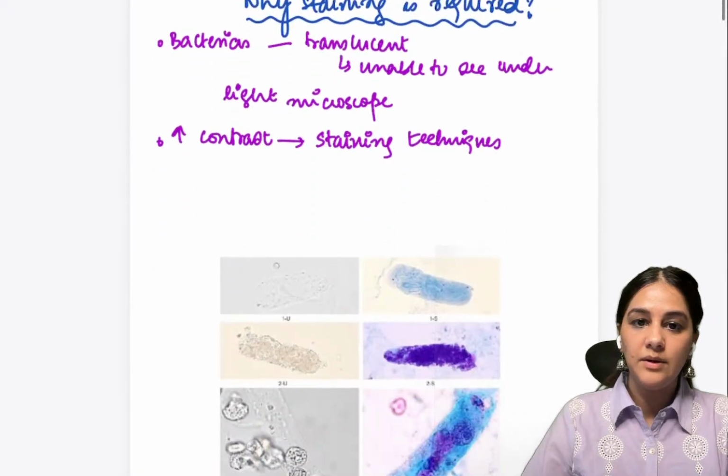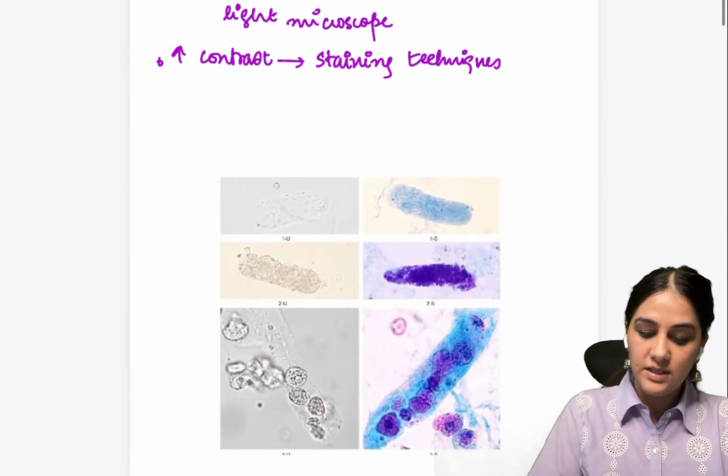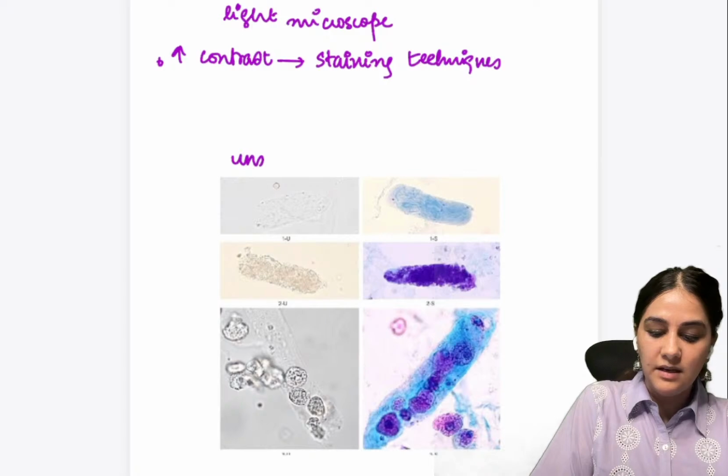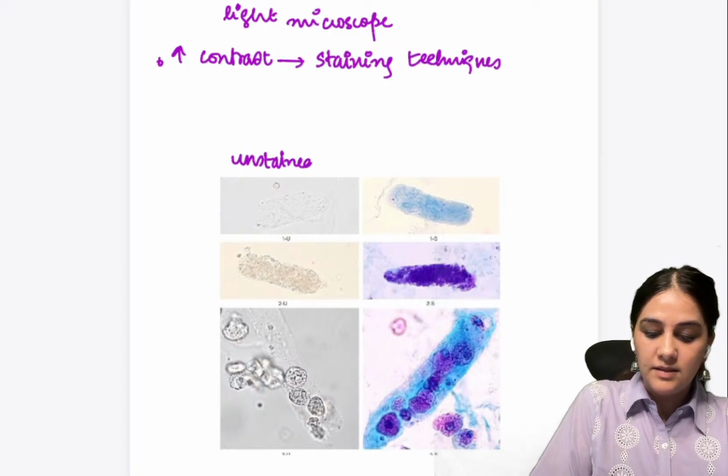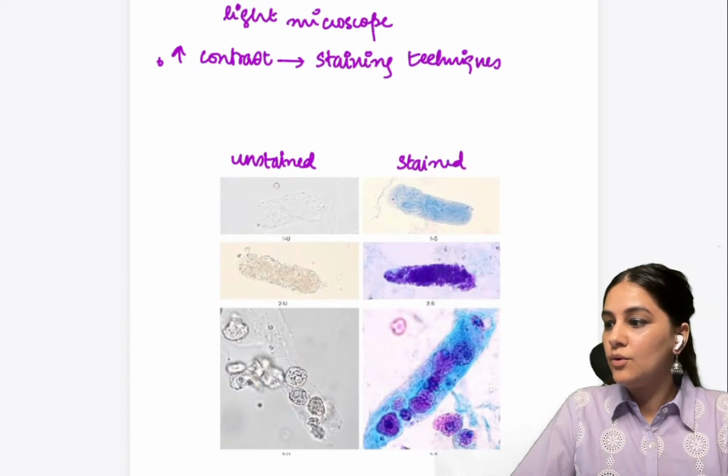So let's look at this picture right here. Can you see the picture on the left? These are the unstained specimens, right? And these are the stained specimens. So what happens